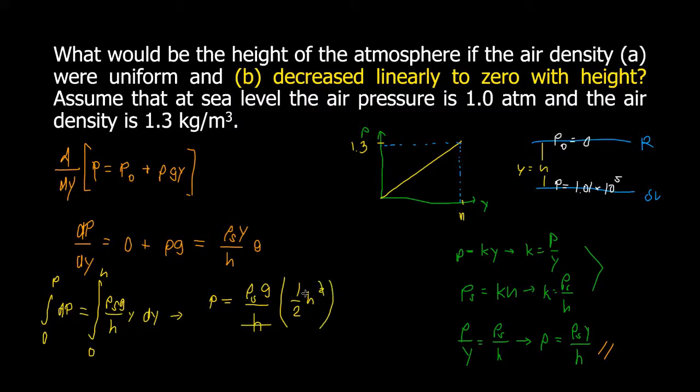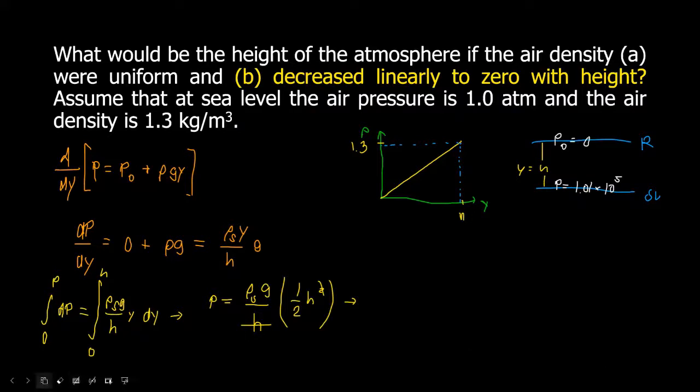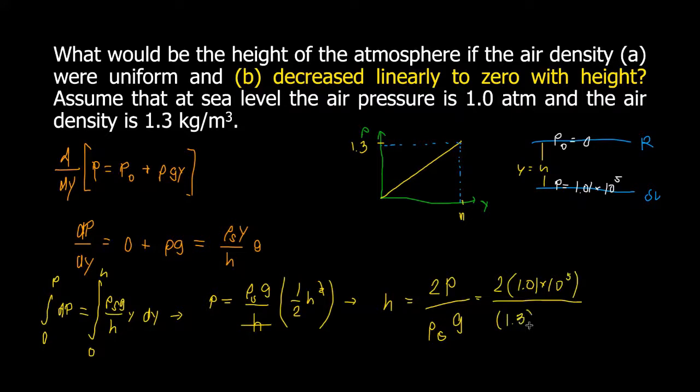Magka-cancel lang isang h, and we want to find the height, of course. So ang mangyayari ngayon is that tatanggalin ko na itong isang part. H, isolated na H is equal to twice of the pressure at sea level divided by the density at sea level times G. Substitute the values, we have 2 times 1.01 times 10 raised to 5 divided by the density at sea level, that's 1.3 times G, which is